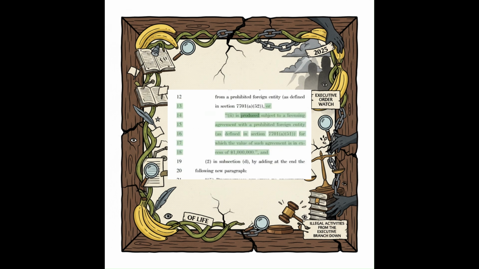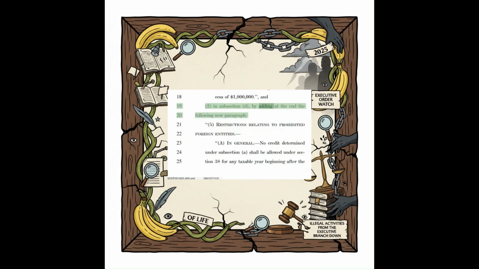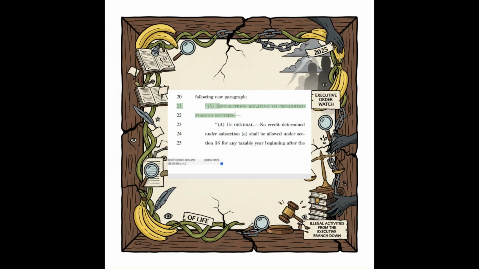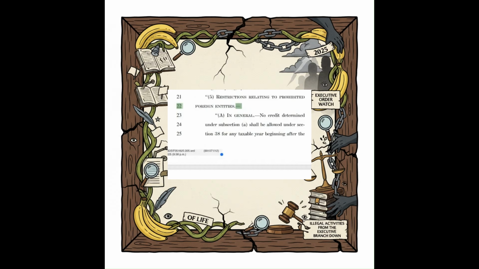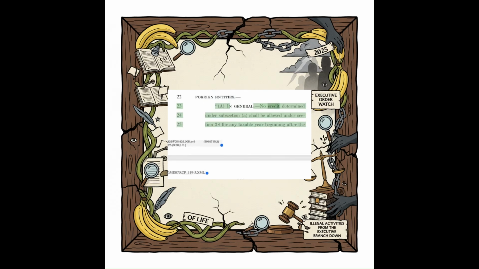or is produced subject to a licensing agreement with a prohibited foreign entity for which the value of such agreement is in excess of $1 million. In subsection, by adding at the end the following new paragraph. Restrictions relating to prohibited foreign entities. No credit determined under subsection shall be allowed under Section 38 for any taxable year beginning after the